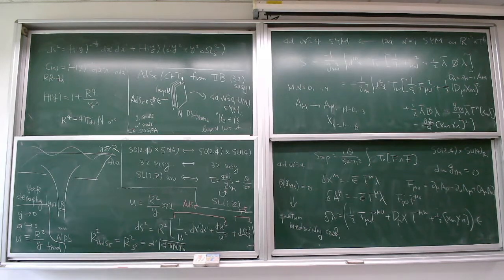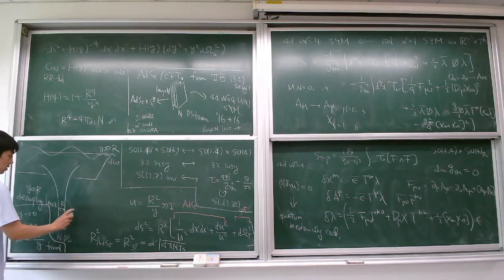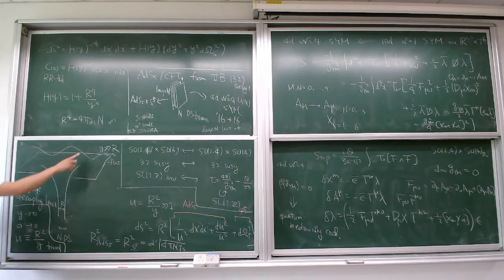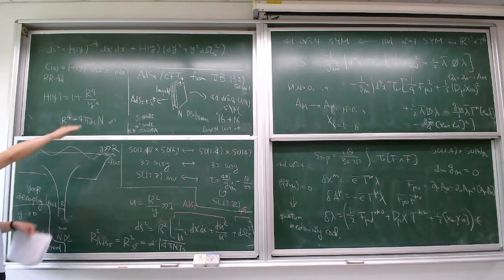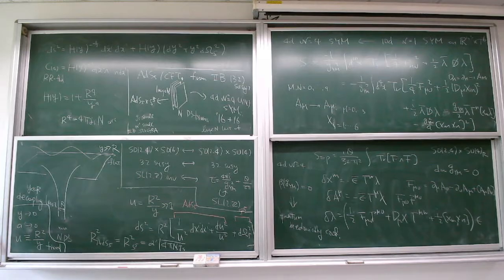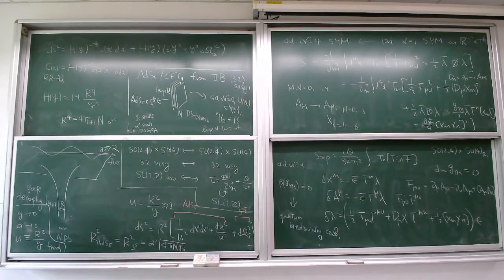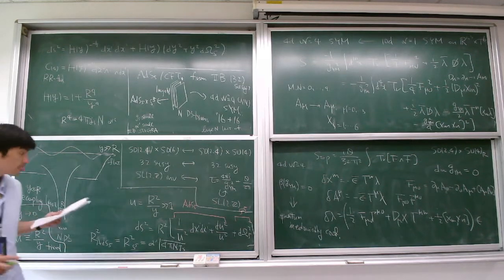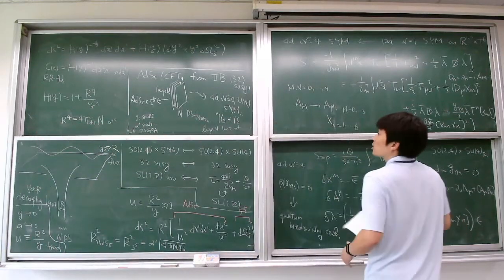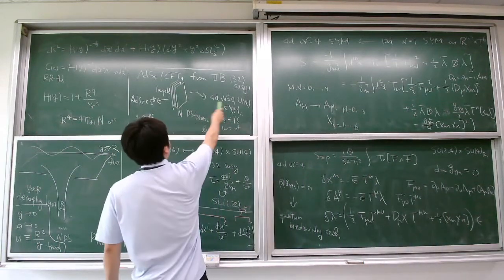Yeah, so here, where y is very small and where y is very large, the regions do not talk to each other physically. So once you take this decoupling limit near the horizon, the metric really looks like AdS5 cross S5. So now we just see the relation between AdS5 cross S5 and the N equal to 4